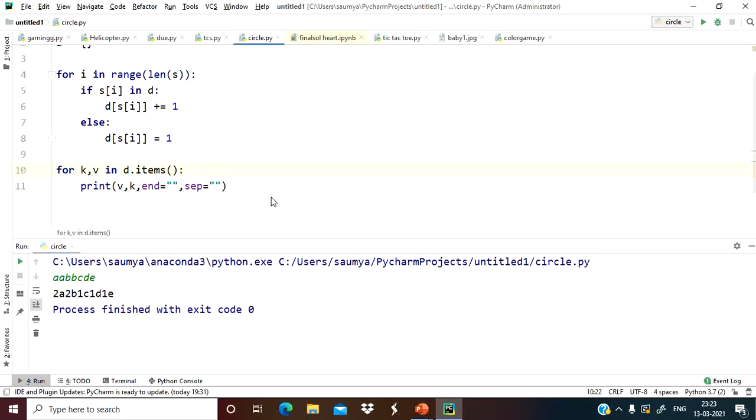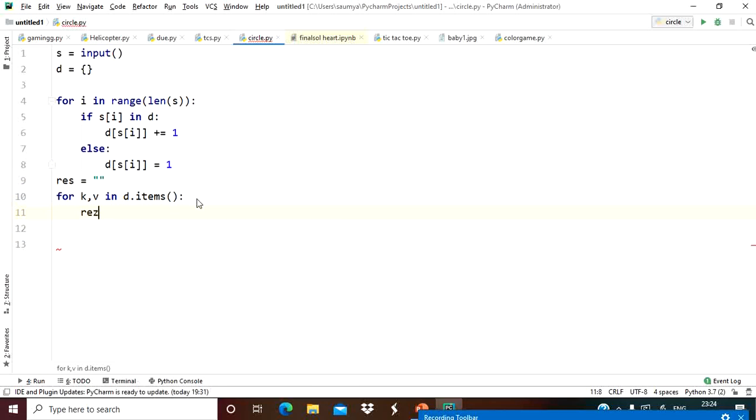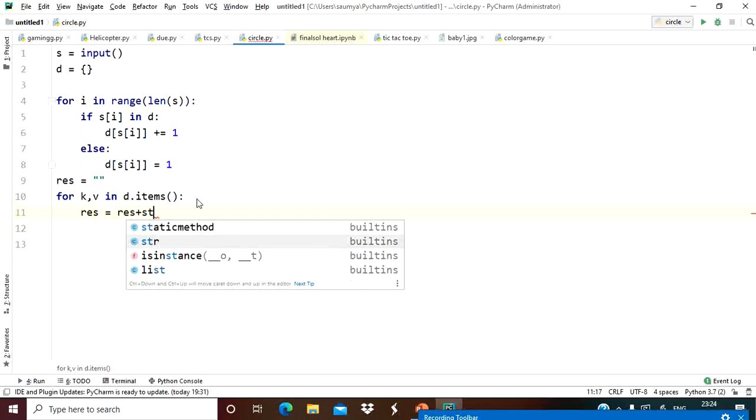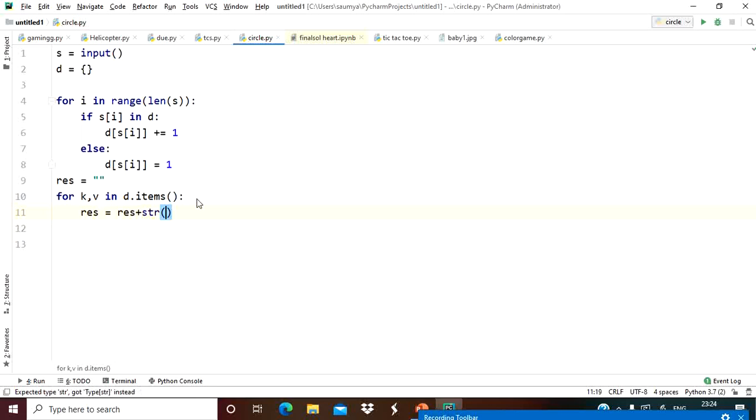Next, if this is looking somewhat confusing to you, let's take a variable res equal to double quotes, and then res equals res plus str(v) plus k, since v is of integer type so we have to do the type conversion, right?